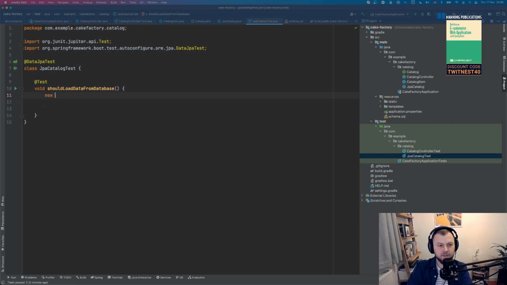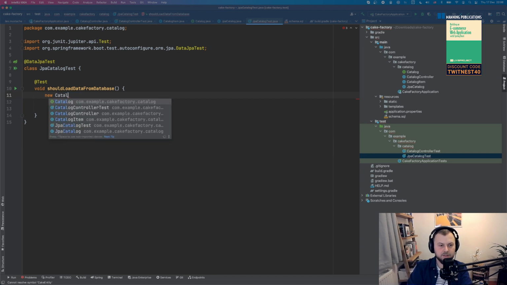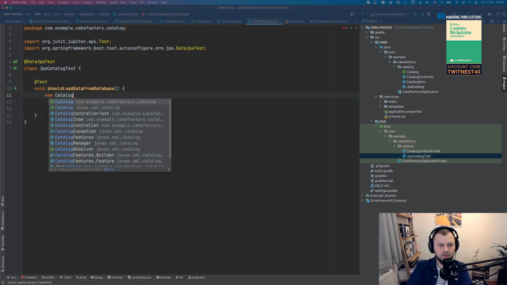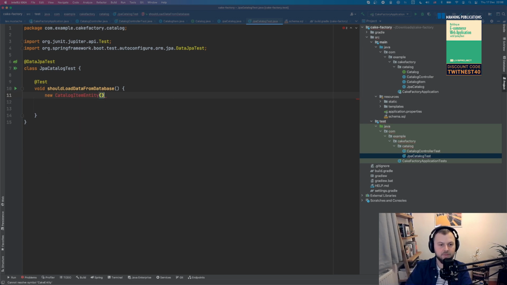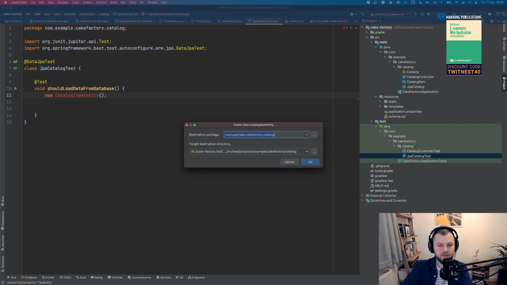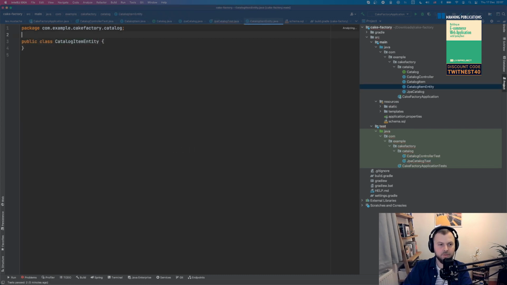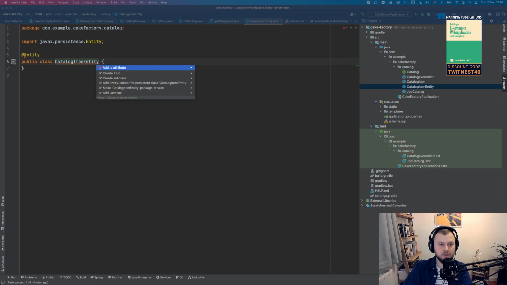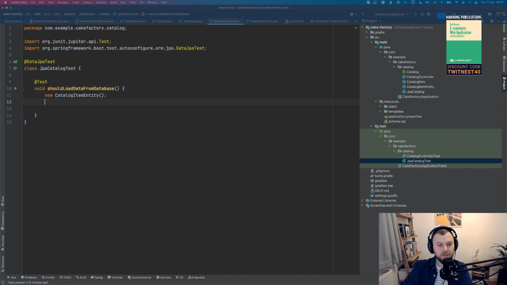So let's do that. Let's create a new entity this time, not cake entity, but catalog item entity, right? It doesn't exist, so let's create it. Oops, sorry, not the right one. Let's create one, and it's going to be an entity, and it's going to have an identity attribute. Well, I'm not going to do that yet. Now I can think about what should be the properties of my entity, right?